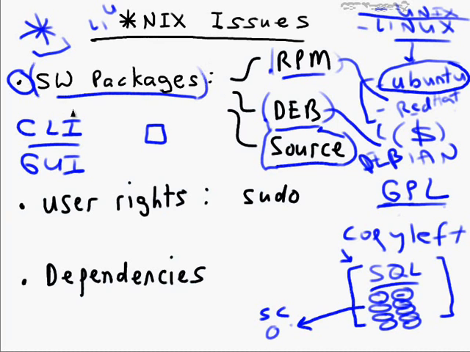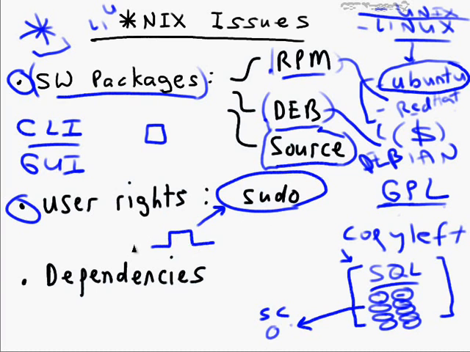Software packages can be a pain in the neck to install, there's no question about it. User rights are just as important in Unix Linux. You need to have administrative rights to install software on a Linux machine. Linux and Mac OS X both have this really nice sudo command, and this allows you to temporarily elevate your user rights so that you're logged on as a normal user normally. You run sudo prior to installing your software,